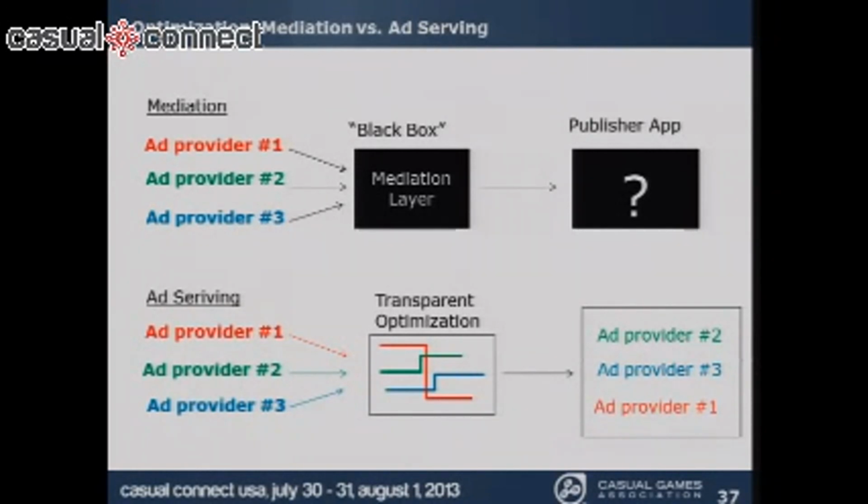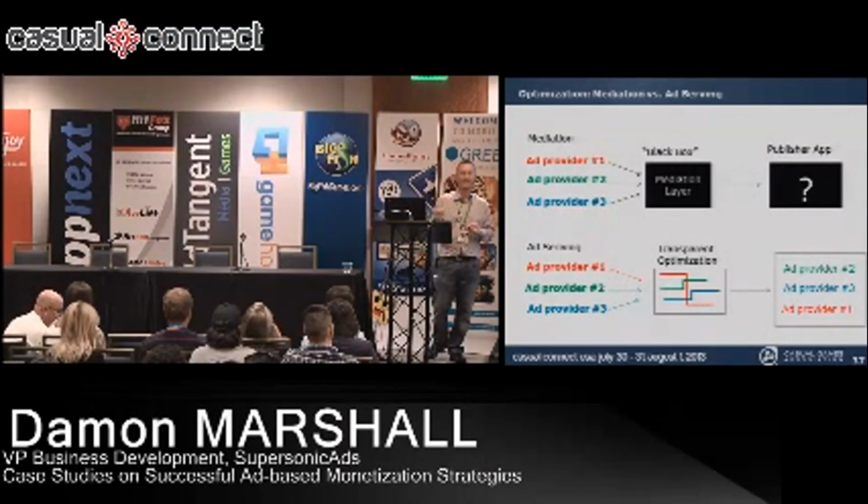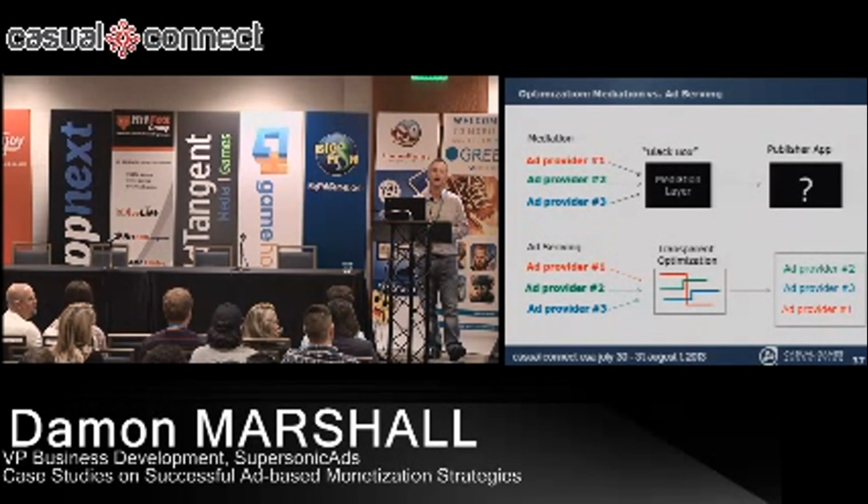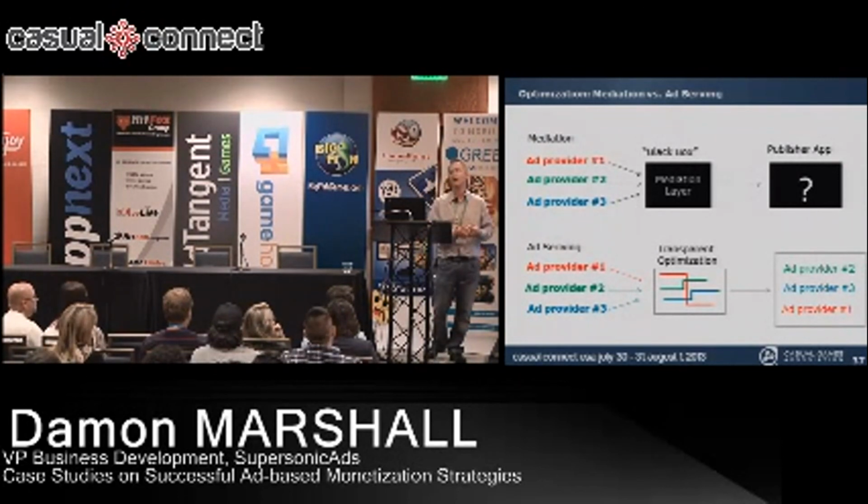One is what we call mediation layer. A lot of companies out there are saying, hey, we can mediate, take all the providers, and what they do is they accept APIs from the various ad providers. They stick them in what I consider a black box, and then they give the publisher one cohesive product. This is probably a halfway of doing a good job of ad monetization. The problem is that if the ad providers don't have direct access to your inventory, it's much harder for them to optimize, and as a result, payouts can be much lower than if you were to use an ad server.